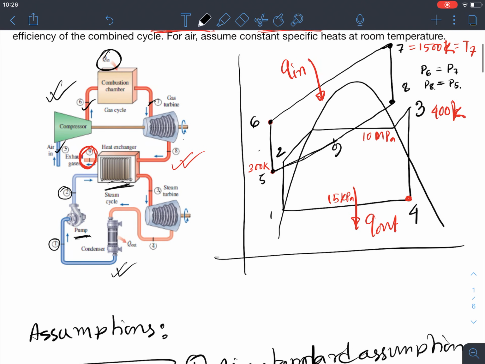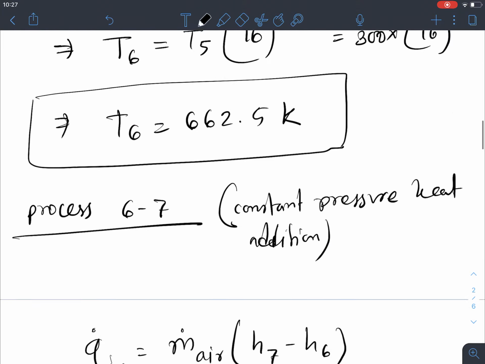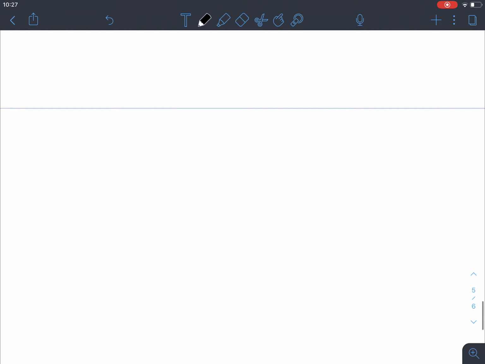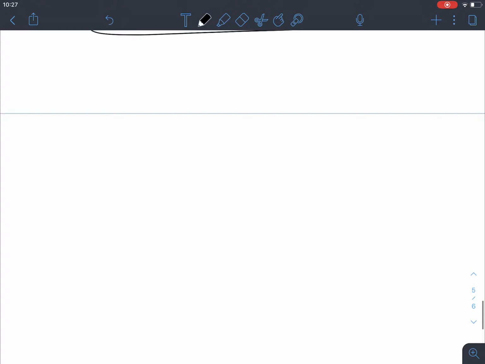We know what the W compressor is, we know what the W turbine is, and we know what the Q in is, right? Everything about this gas power cycle. Now let's take a look at the steam power cycle, or the vapor power cycle, the bottom cycle. What is happening? If we start from process 1 in the bottom cycle for the steam cycle,